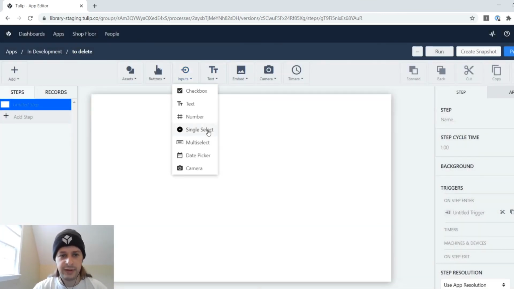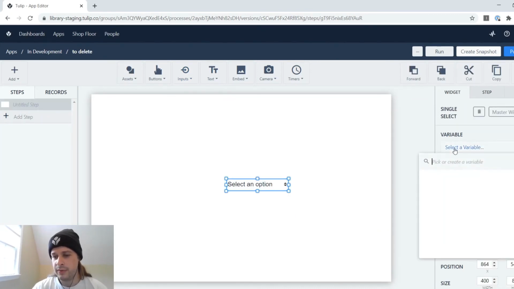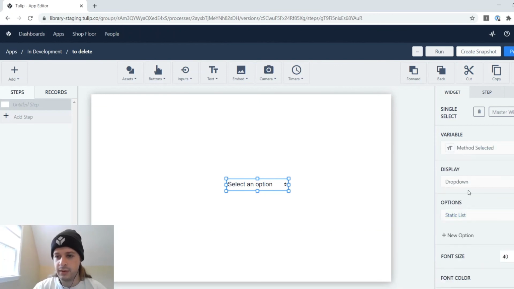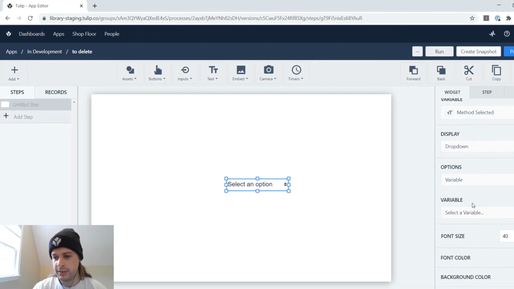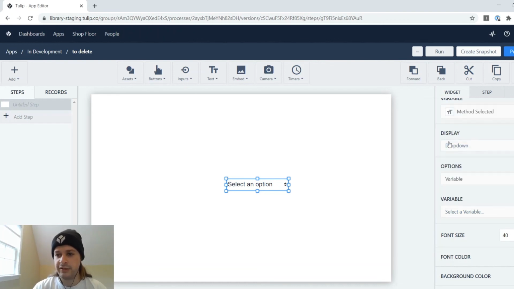Within inputs, I can then select a single select, and here is where I probably want to create some kind of output, method selected. Create that. Now I can select the options and go to variable to get a new list. Within that, I've just created this method list variable, so I can go ahead and select this children. So now, if I go back to my application,